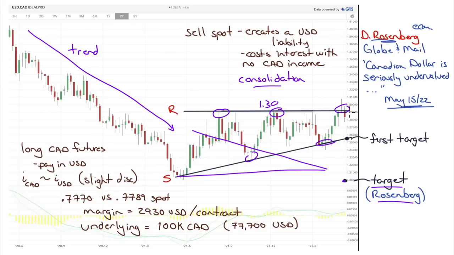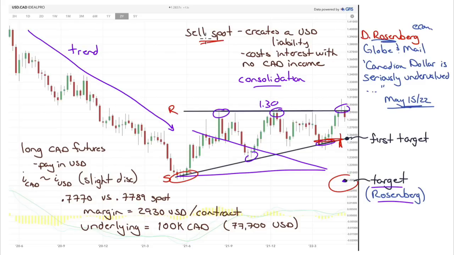So first target on any long position or any short position on this, if you're playing the pair, would be just under 126, 125.5, which is kind of where we were last time. And if we can get past that, you've got 120 as the target, which we did see last time. Two ways to do this.